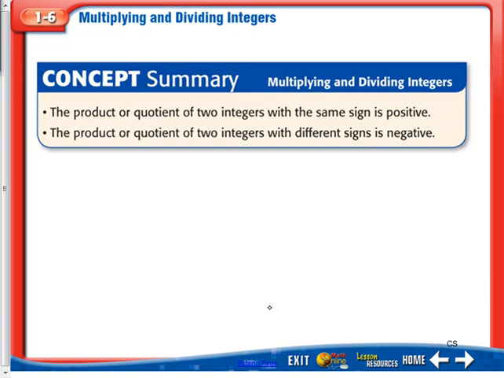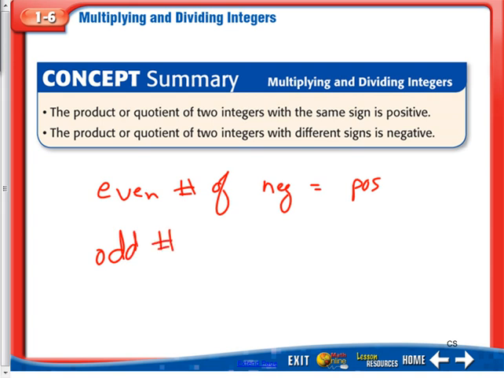Okay, and then just to go over the concept summary, the product or quotient of two integers with the same sign is positive. The product or quotient of two integers with different signs is negative. Now, again, I'd rather you think of an even number of negatives equals positive, and an odd number of negatives equals negative. That way, you're not just talking about two numbers. You could actually do like negative 1